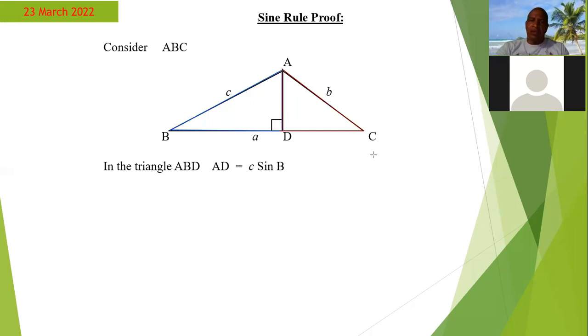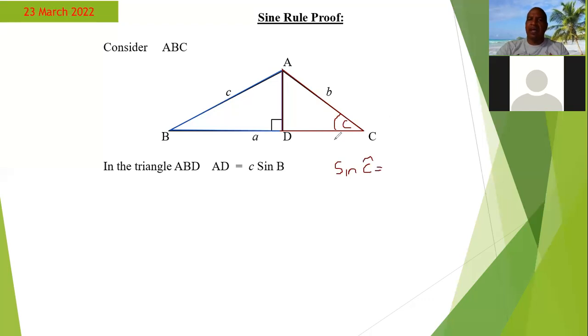With the same scenario, we could now use angle C. So if we use angle C, and we apply the sine ratio just the same, then we would have the sine of the angle C is equal to